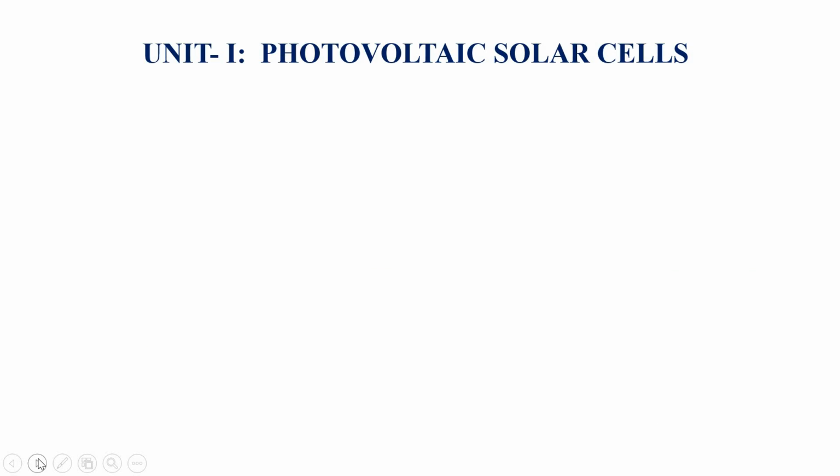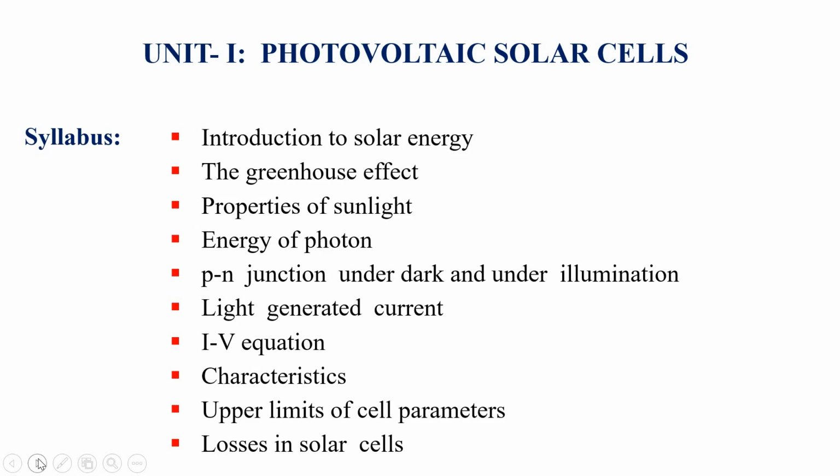Starting with the first module, photovoltaic solar cells. In this chapter, we have to see this syllabus. Like the first point is introduction to solar energy and photovoltaic solar energy. Another point is the greenhouse effect. Next point is properties of sunlight, energy of photon, p-n junction under dark and under illumination, light generated current, IV